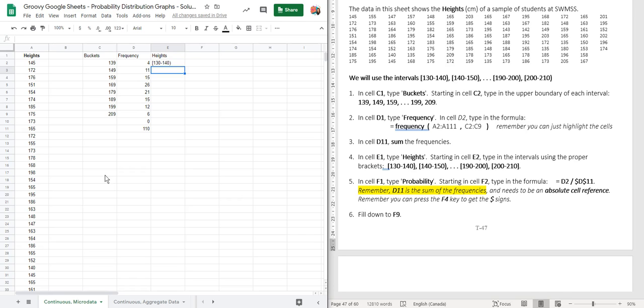Now unfortunately there's no way to fill these down, so you have to actually type them in. So it's including 140 and up to, but not including 150. So that's a round bracket there. Square bracket, including 150, up to, but not including 160, close it with a round bracket. Square bracket, 160, up to and including 170, round bracket,